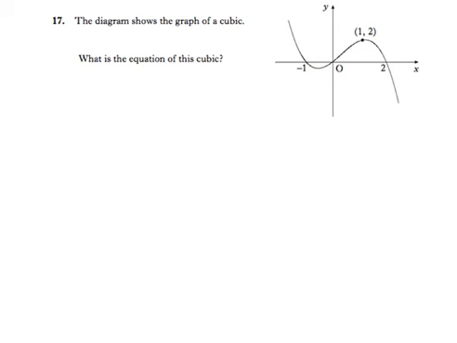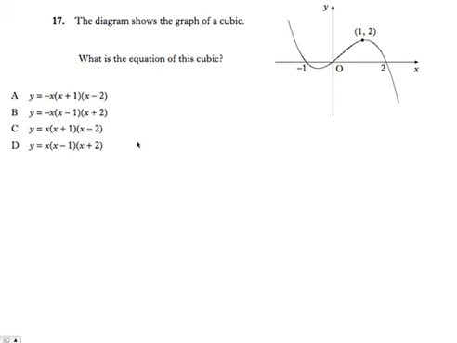The first method is, in a sense, quite limited. It relies on the fact that you have possibilities for the equation given to you. The second method is a lot more general, more sophisticated. So let's have a look at the choices that are given. Here they are, the four